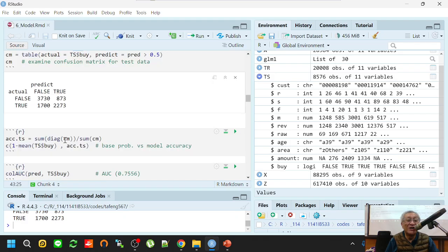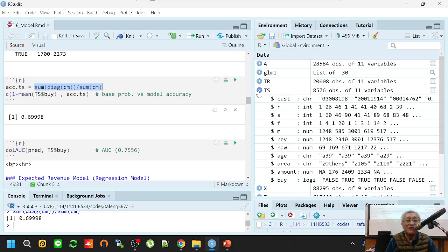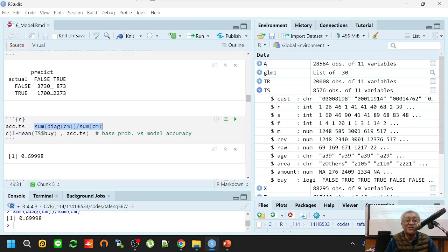Okay, so with that we can very easily calculate the accuracy. The accuracy of the model you can calculate with this expression, because of the diagonal. This is the sum of the diagonal. CM is the confusion matrix, and the diagonal of the table is the correct predictions. Then we sum the entire CM as the denominator. So very easily you can see that the accuracy is about